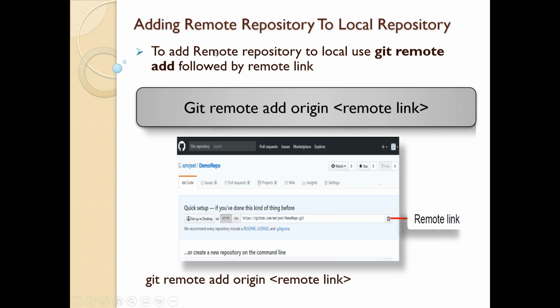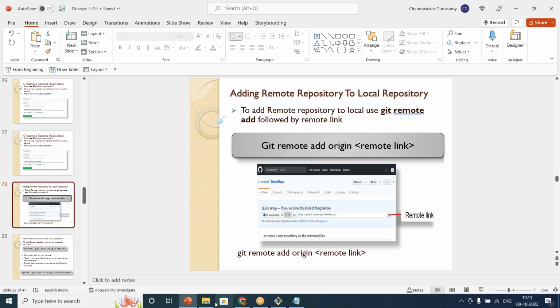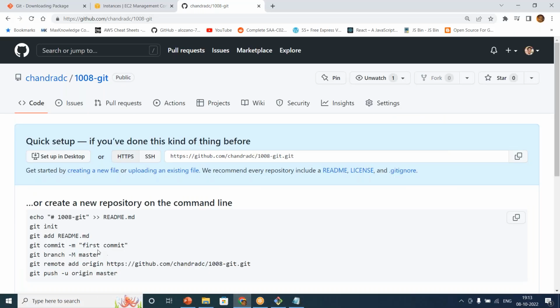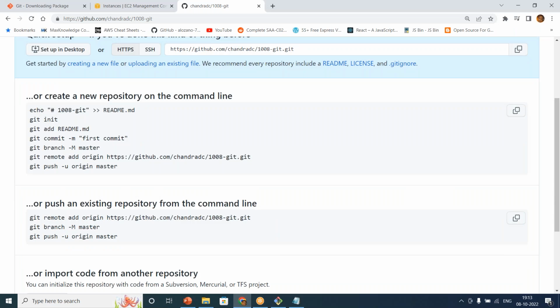Okay, so the first thing, how we link our remote repository to local repository is using git remote add origin. Origin is an alias name to your remote repository. It can be any name, but by default they always use origin. So git remote add origin, or when you create your repository, it gives you that command as well. See here, git remote add origin, and this is your repository URL. Okay, just go copy this,